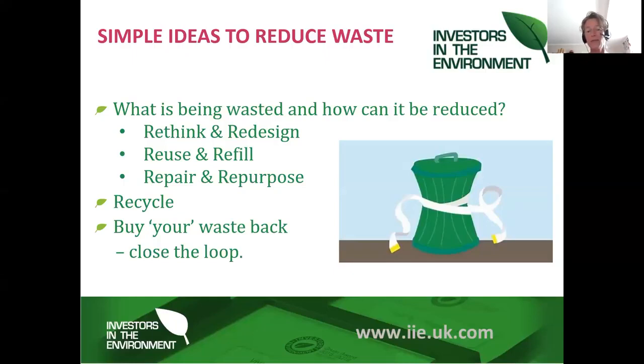So repair and repurpose, well, as that video said, we need to get a bit better at, instead of thinking, oh, it doesn't work, we'll throw it out, repairing it. Mobile phone screens are a good example of this, but it can be anything, it can be clothing as well. And repurposing, well, can your waste become somebody else's treasure? A really good example of this is